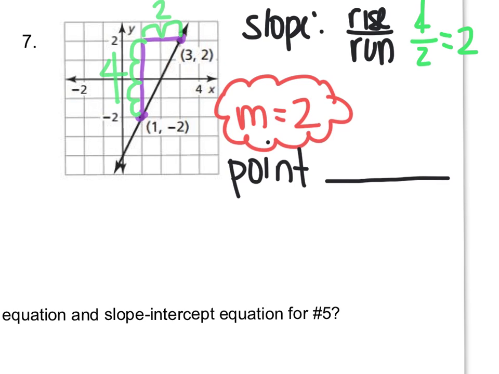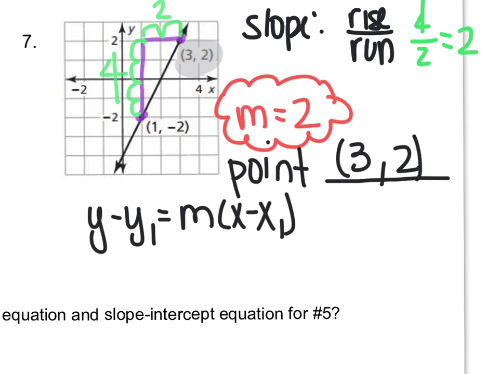I'm going to personally prefer anything that's always positive. They have the same sign, it makes life a lot easier. So I'm going to pick the ordered pair (3, 2), but I could have picked the other one. It would not matter. I would end up with the same answer in the end. So I'm going to use the ordered pair (3, 2), and now I need to write this in point slope